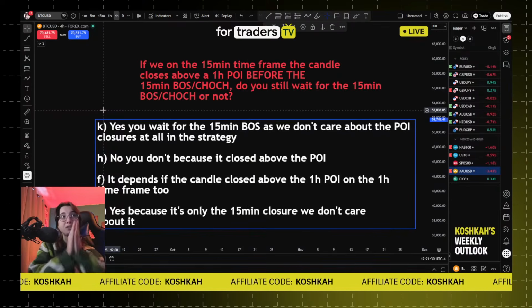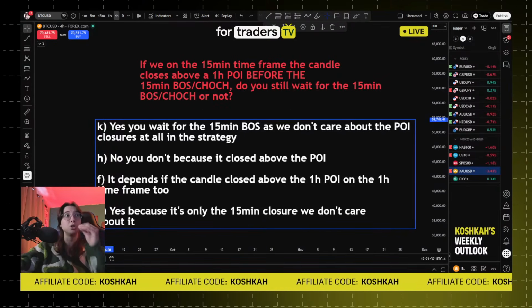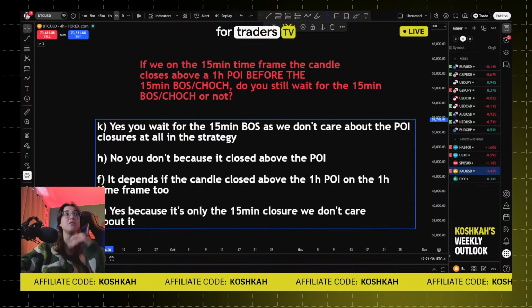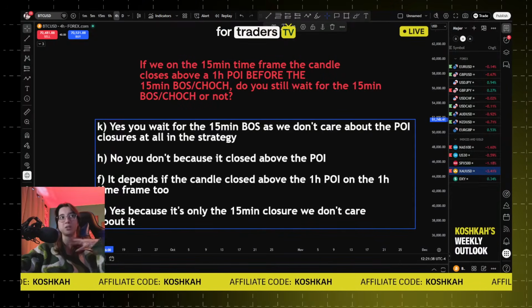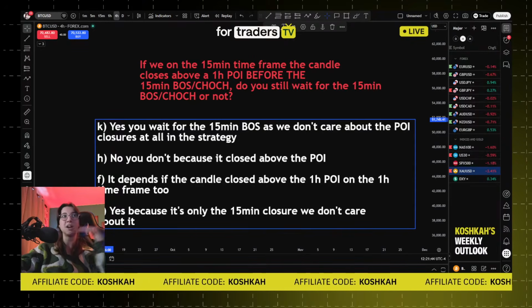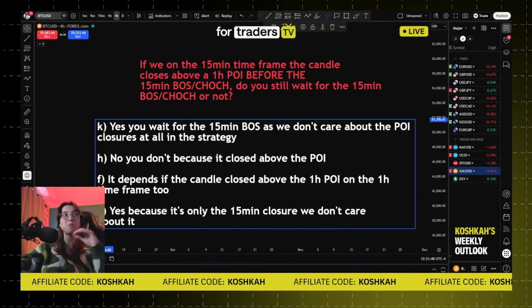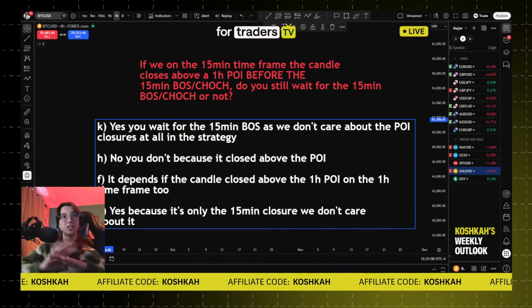You actually need to look. If you delete your message, guys, that doesn't count as well. You're disqualified automatically, by the way. If you delete your message, that doesn't count. If you place the right message after that, that doesn't count, okay? So the right answer is F, okay? A lot of people wrote K or H. That is not the right answer.